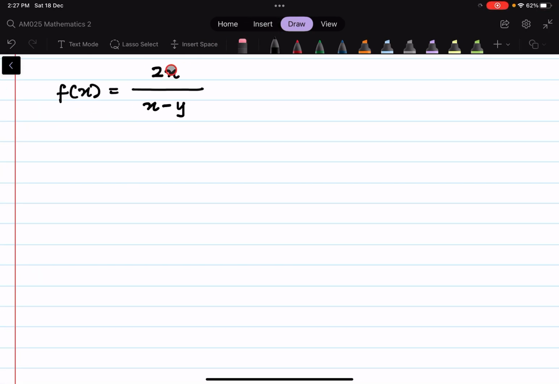f(x, y) equals 2x divided by x minus y. So for f sub x, we're going to use the quotient rule, (vu' minus uv') divided by v squared, because we have x terms in both the numerator and denominator. So v is x minus y,